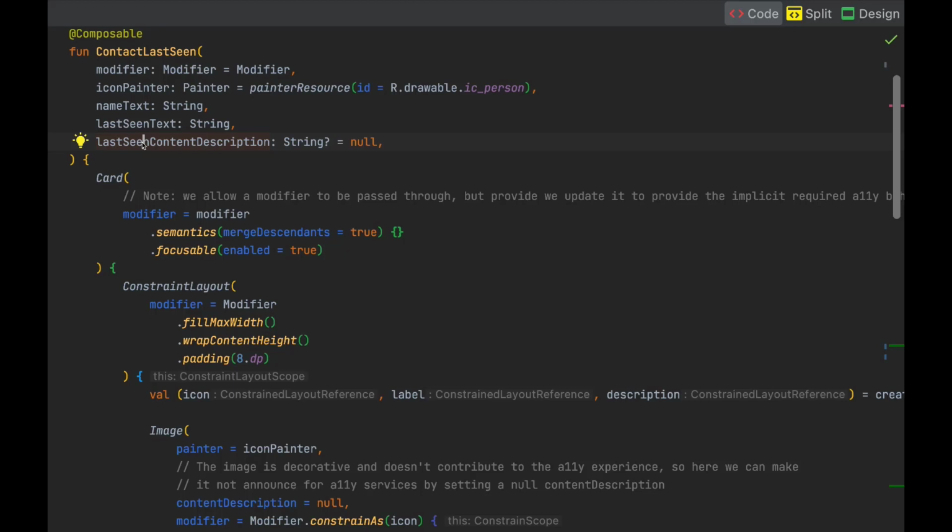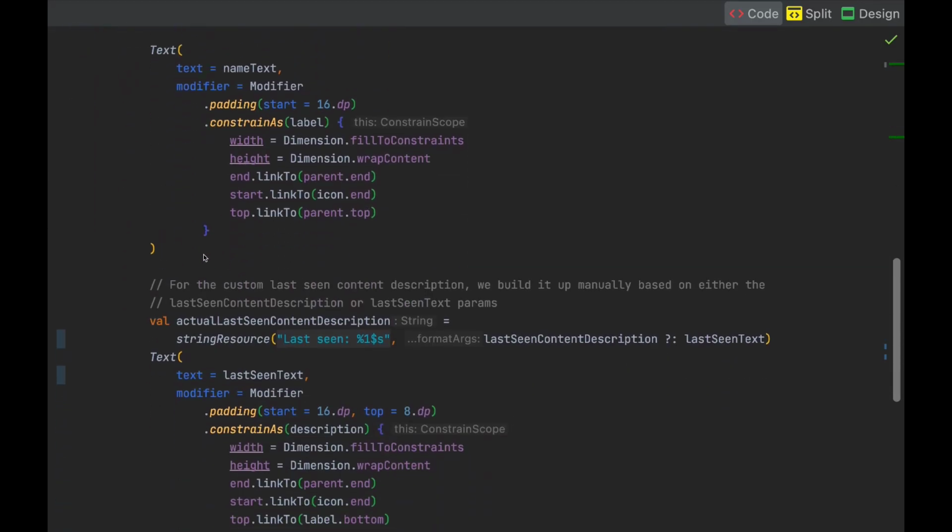Now, as a good practice in Compose, we want to make sure that we pull out our components into composable functions so they can be reused as much as possible. But as part of that, we also need to make the modifiers configurable so that you can lay it out wherever you need it in the right way. We also want to make sure that we don't lose out on some of those good accessibility behaviors that we've set up before, like merging the announcements together and making sure it's screen reader focusable. So, all we've done in this case is allowed the modifier to be passed through, but we've also made it implicit that the semantics for merging the descendants is set to true, so we get that merged announcement, and it's always focusable.